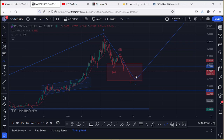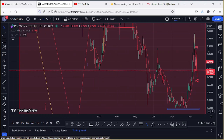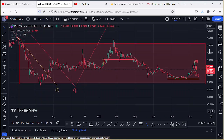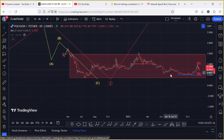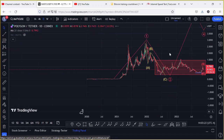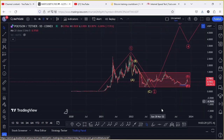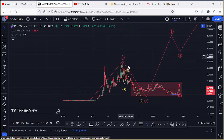And jumping to the daily chart now to give you my long-term Elliot wave analysis that I'm expecting to play out once the bull market is here. On the daily chart, to give you my long-term Elliot wave analysis, I will be zooming out back to 2020, where you can see that Matic gave us these lows down here before we saw that impulsive move to the upper side, giving us an all-time high above the $2.9 mark, completing the formation of these Elliot wave count 1